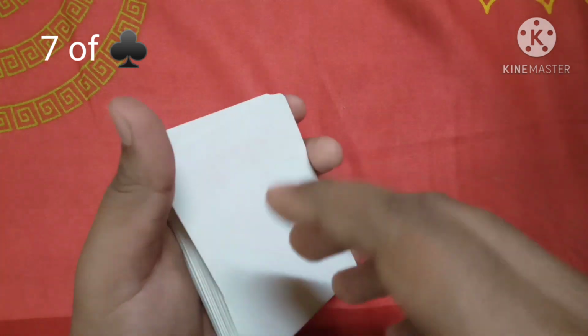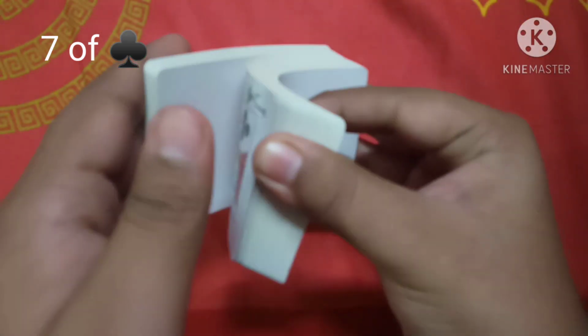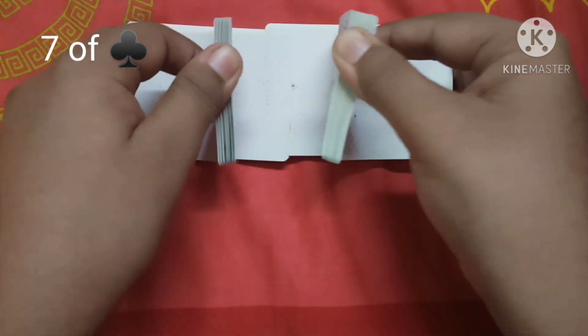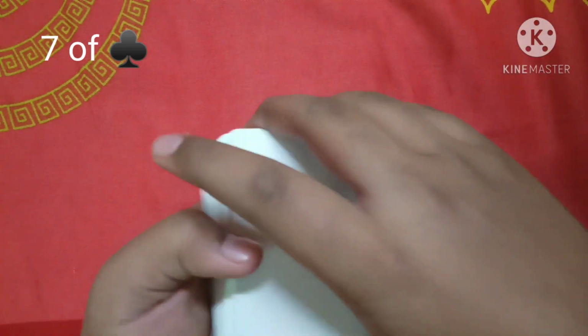So what I'm going to do is take the 7 of clubs, keep it on top of the deck, and mix it inside the deck of cards. You can see the cards are pretty well shuffled, and to mix them even more, I'm going to use the riffle shuffle. The cards are pretty well shuffled, and now what I'm going to do is to make sure that your card